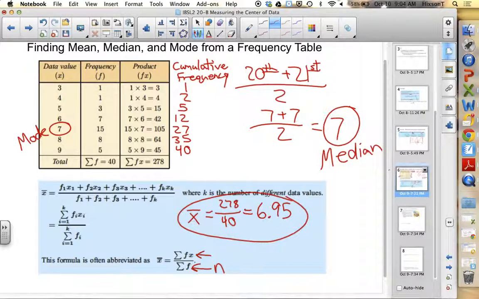If you're given a mean and you know all but one of the scores, you could find that missing score using some algebra along with your formula. Okay? So there's a variety of applications,